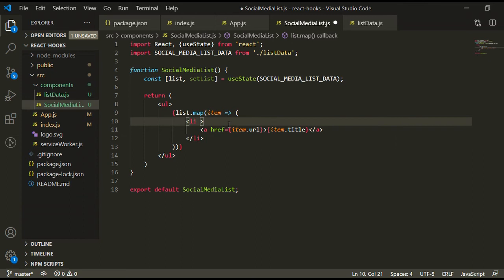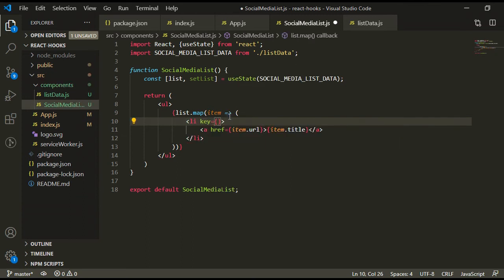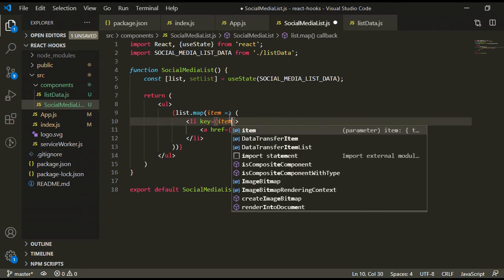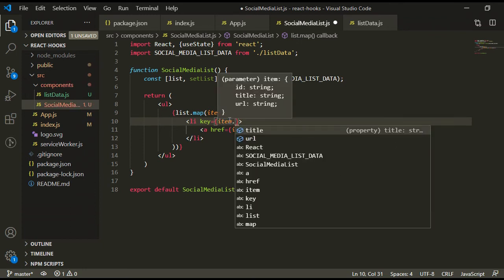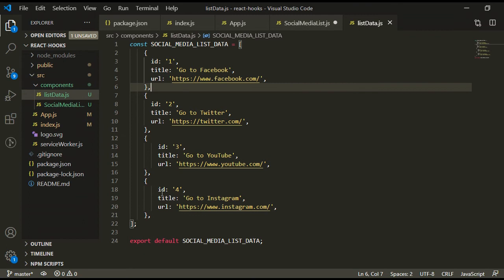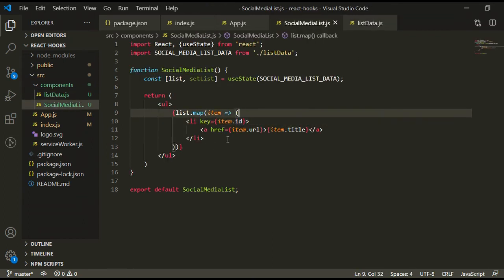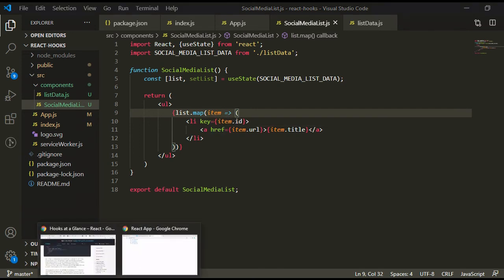So now I'm going to use the key on the li and give item.id. For the key I'm going to use the ID, since we have this ID inside every object. Let's see in the browser whether our values are going to print or not. Here we can see, yes, all our data is coming here.